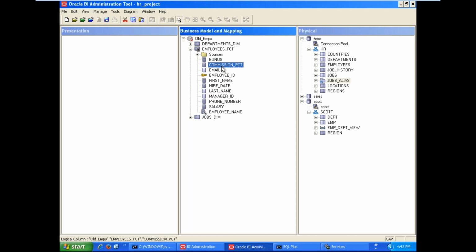Even though it is an Oracle Corporation technology, it doesn't work with all database functions. The NVL function is not supported in the business model mapping layer. Then how to derive it? How to eliminate the null values?